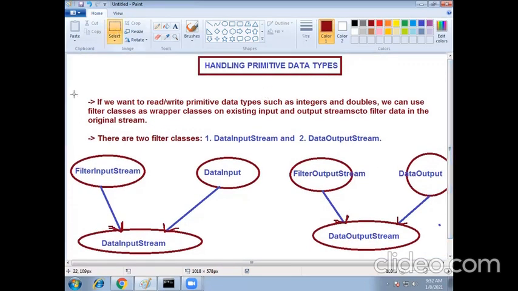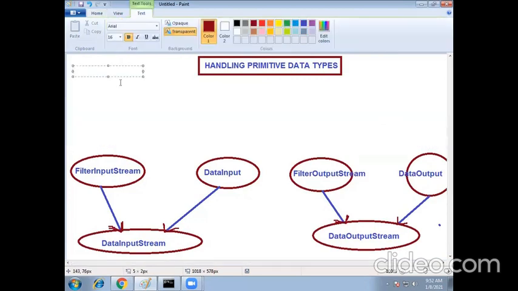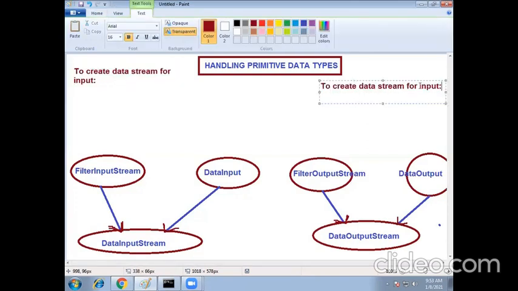For example, to create a data stream for input, and similarly one for output, what do you have to do?